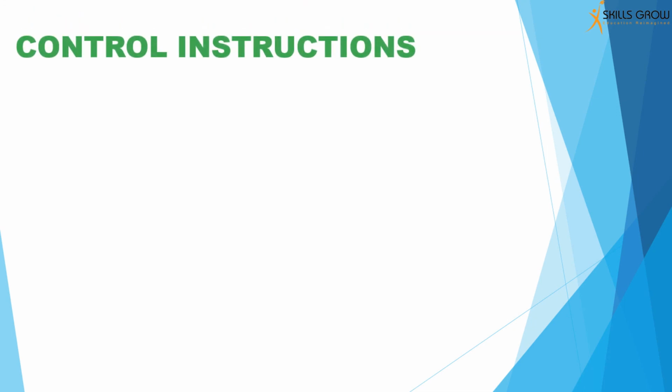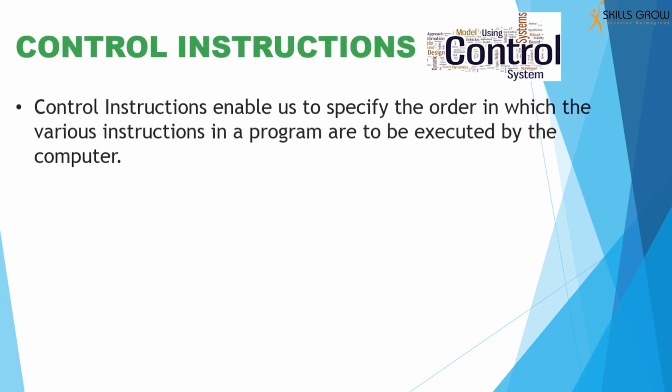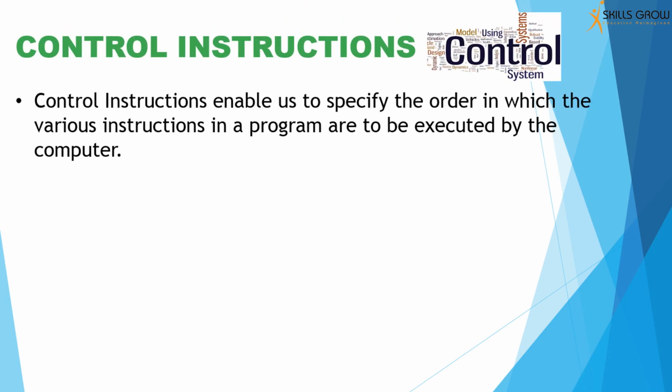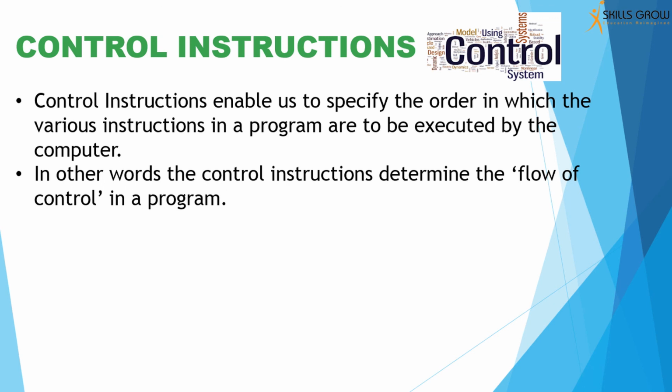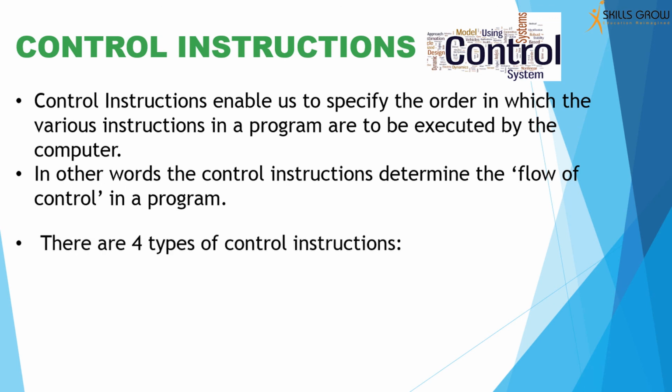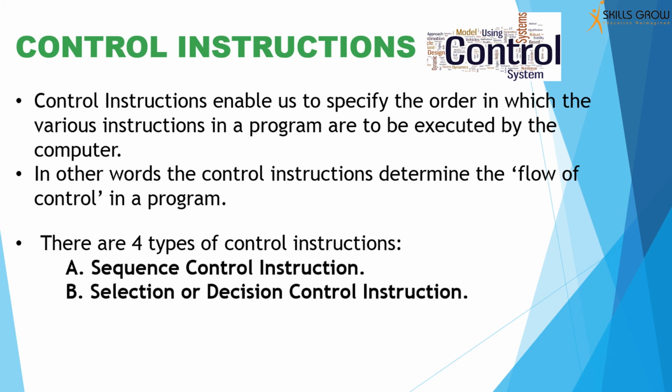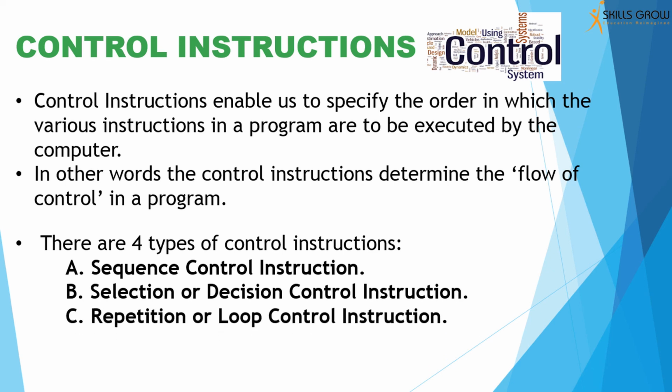Control instructions. These instructions enable us to specify the order in which various instructions are to be executed. These instructions determine the flow of control in a program. There are four types of control instructions: sequence control instruction, selection or decision control instruction, repetition or loop control instructions,